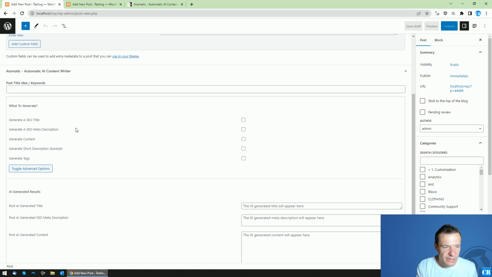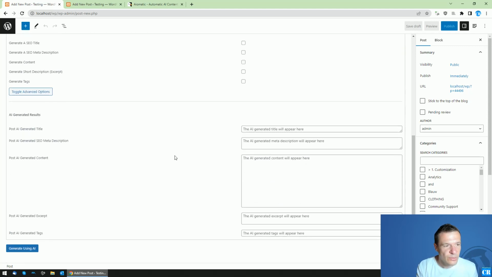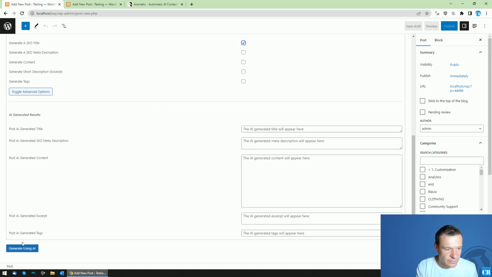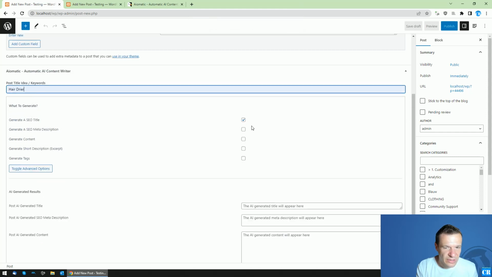So keep in mind that this will be available also in Gutenberg. However, in Gutenberg there will be a difference. So let me show you what's the difference. When you click generate, sorry, you need to enter a keyword here. When you click generate,